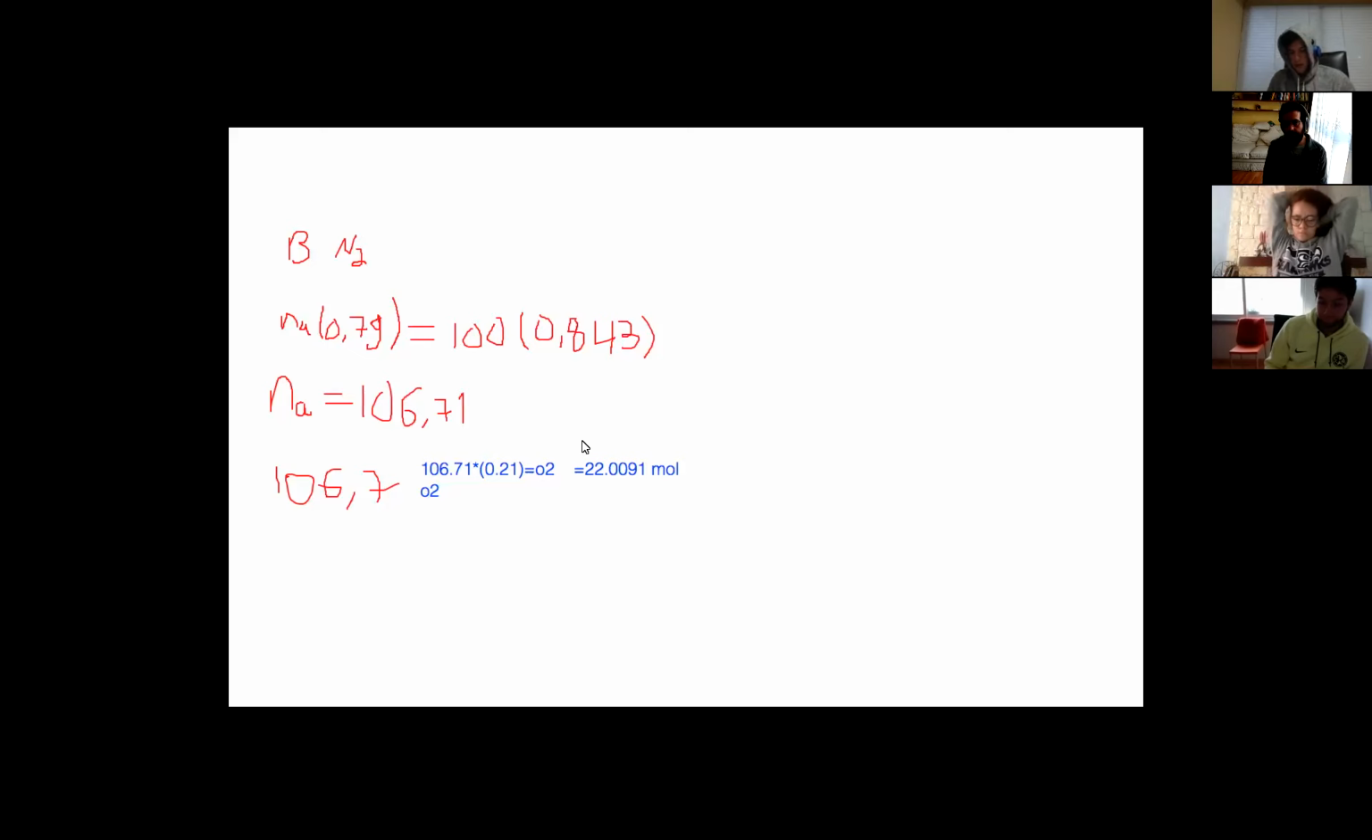O sea, entonces tendremos que poner NC es igual a todo el carbono que sale. Exacto, utilizando sus relaciones estequiométricas entre el compuesto y el átomo, ¿no? Son 1 a 1, ¿no? Tanto monóxido de carbono como dióxido de carbono tienen un átomo de carbono. O sea, entonces literal ponemos NC es igual a